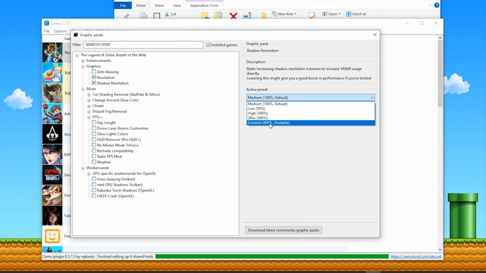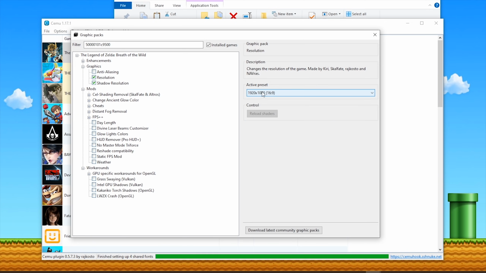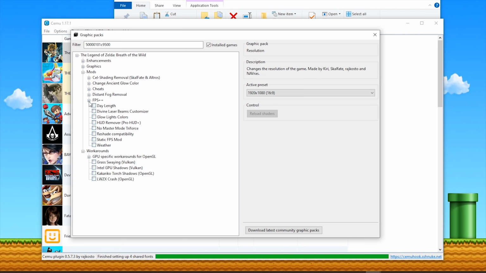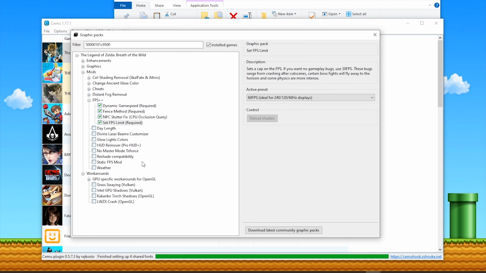Similarly, for shadow resolution, you can select whichever value you need to use, though personally I just use medium or 100% default. Now if you want to use a higher resolution, you can do that either, but just as a default for the best performance for everyone, I'm going to be selecting 1920 by 1080. Next up, moving on to our mods section, you want to turn on all of these FPS++ options, leaving dynamic